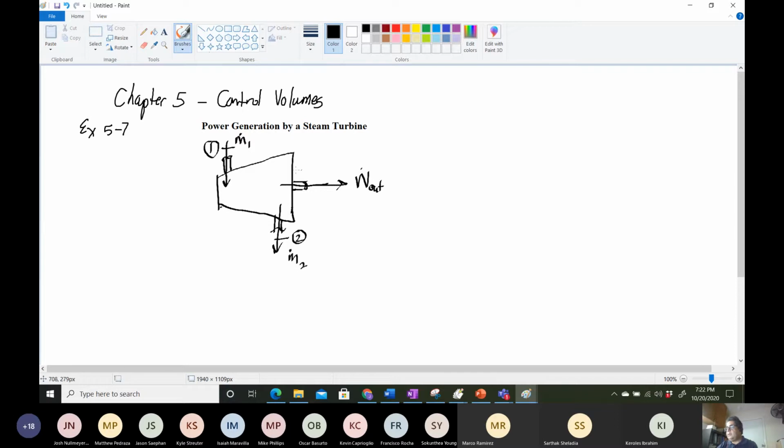However, because this is one inlet and one outlet, again, you might need to review this in your chapter 5. The last lecture that I talked in, we know that the inlet mass flow rate is equal to the outlet mass flow rate, right? So in this problem, they actually give that to be 0.02 kilograms per second. So what they do is they give us a bunch of conditions of the inlet steam, and a bunch of conditions on the outlet steam. And what they want us to do is to find,